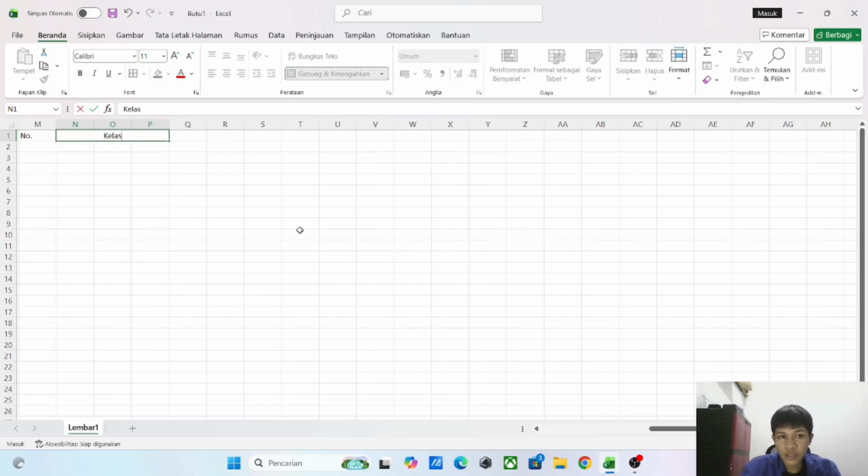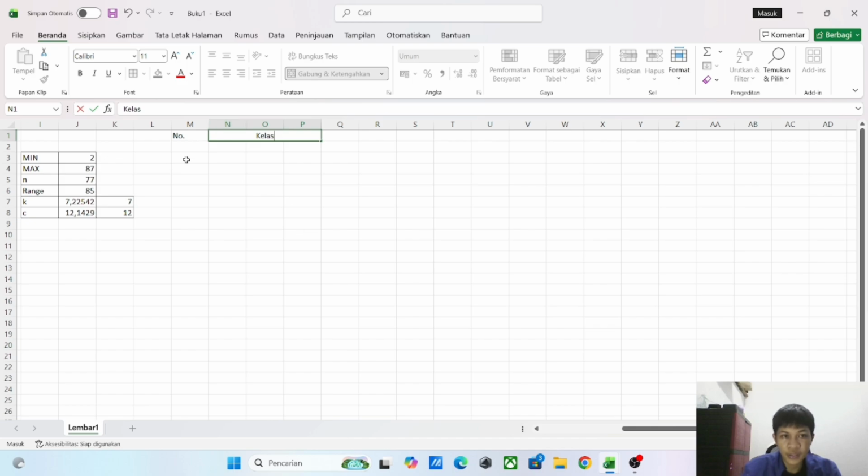Just follow what I made. Here we have number, class, and then the frequency, the relative frequency, the cumulative frequency,